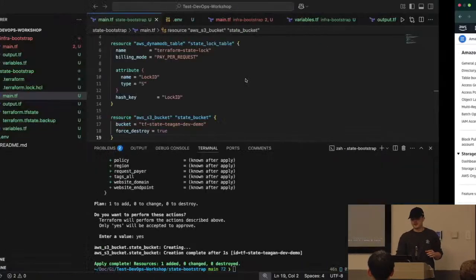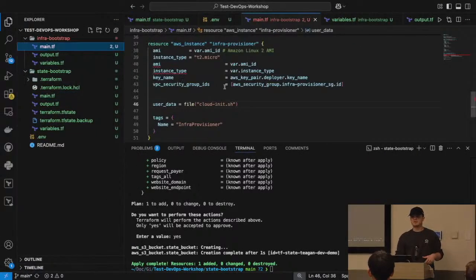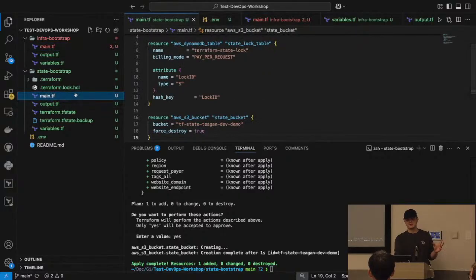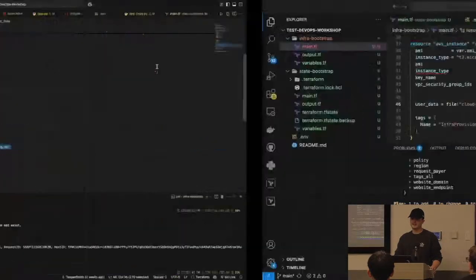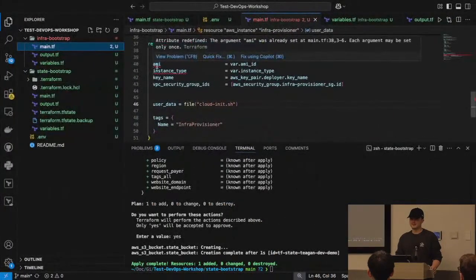And what this file is going to be doing is provisioning an AWS instance. The reason you separate it is so that Terraform knows that it's two completely different sets of architecture. This state bootstrap is technically only referencing itself, referencing these local files, versus this is referencing the information that's in our AWS account. Does that make sense?